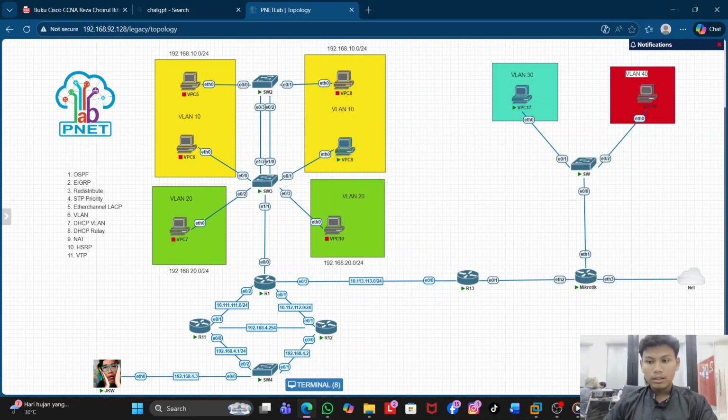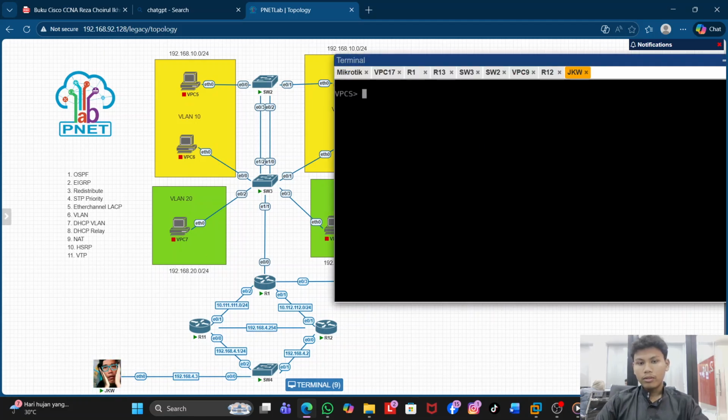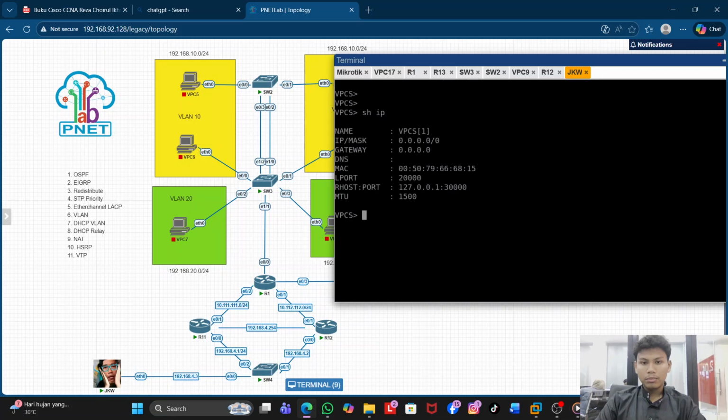So the last check is whether this PC can ping all the other PCs and routers, or ping the internet. Let's see the IP. There is no IP, so put the IP in, the subnet mask, and then the gateway.